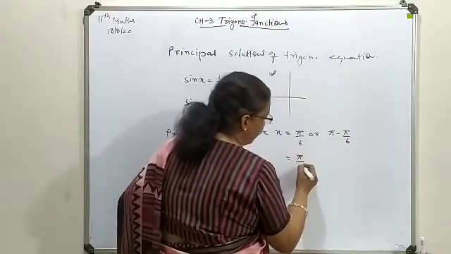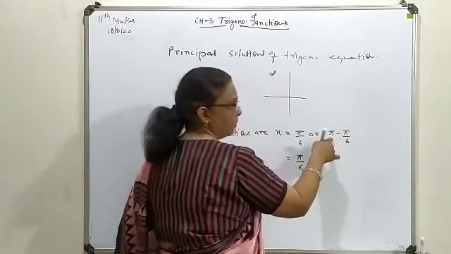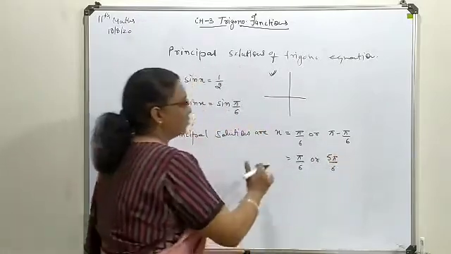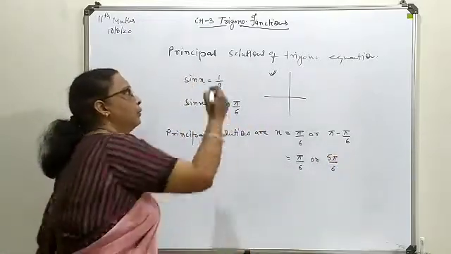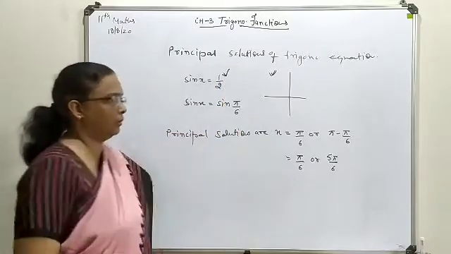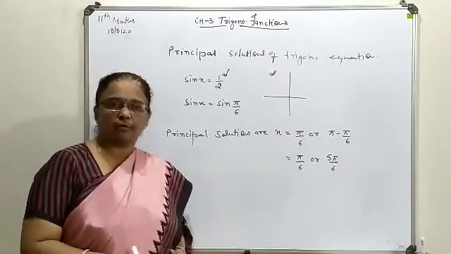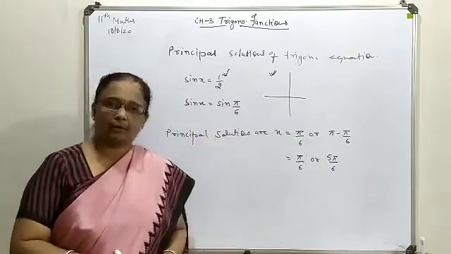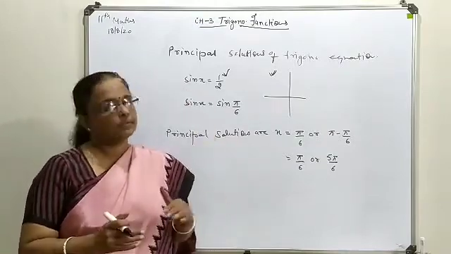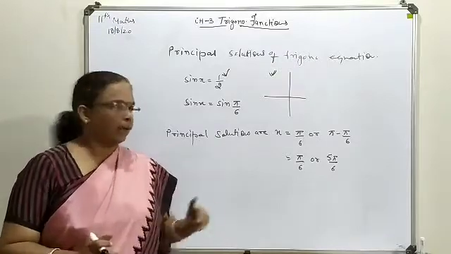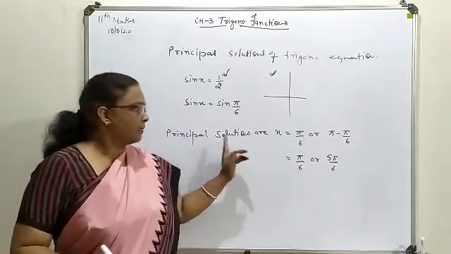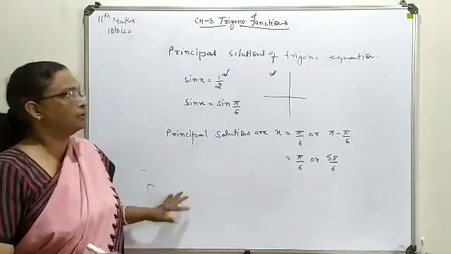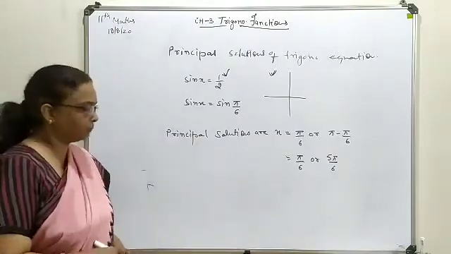So this will be your pi by 6, or take LCM, 6 minus 1 means 5 pi by 6. So this way these two angles will give you this standard solution. So what are the possibilities to find the solution with plus or minus sign for the given trigonometrical term? You will find them from 0 to 2 pi and write them down in principal solution form. So this way principal solutions we have to write down.